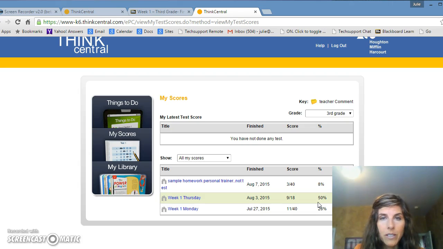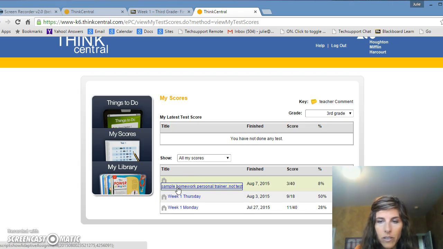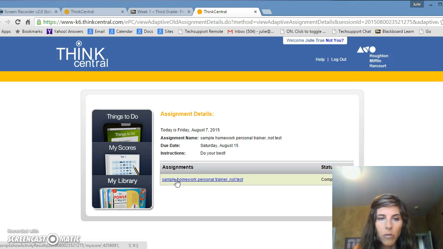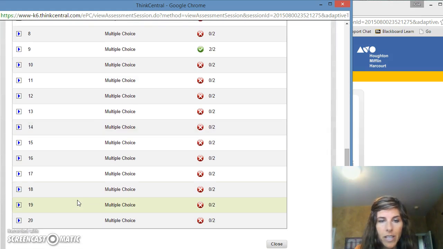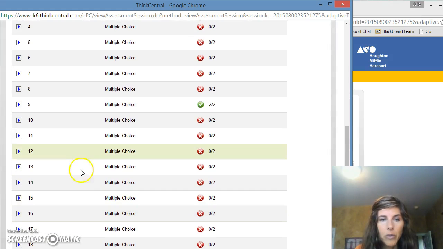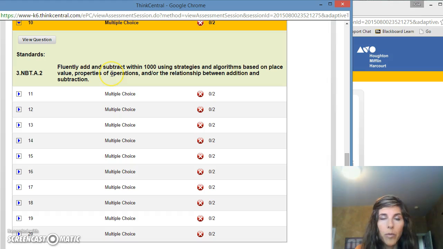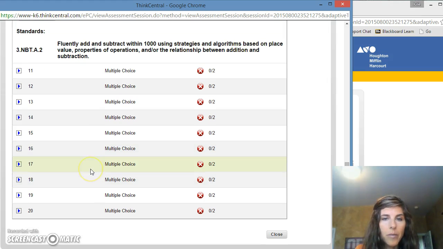An enrichment assignment, it might be another trainer. If you get a low score, it just tells me that you do not understand that. So it's nice that you can get your scores, and you just click on this, or you can see what you got wrong, which is kind of nice. You go through here, and obviously I went through it just to see, but it will give you which ones you got wrong and what the problem is if you click on it. And it'll show me